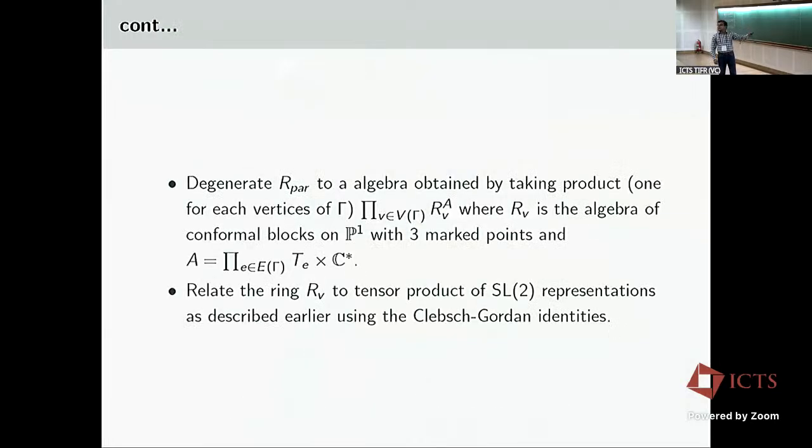If you want to think of it geometrically, you can think of it as the gluing data for the bundle. So if you want to define a bundle on a nodal curve, you define it on the normalization, and then you look at the clutching functions because you are going to identify 2 points. So this is what it is. And then RV is related to the tensor product of SL2 representations as described earlier using the Clebsch-Gordan identity. So there is no problem in defining my degeneration. So I've reduced myself to the 3-point case, and then the 3-point case in SL2 is especially